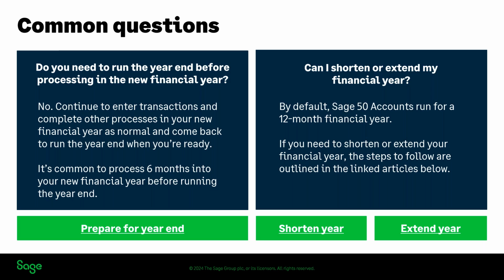So enter your transactions, enter invoices, create records, do sales orders, purchase orders, bank reconciliations, bank feeds, you name it, VAT returns as well for that matter. And also, if anyone runs the month-end option, you would continue with that as well. So you continue with all of those processes as normal. Nothing should change. You get the odd prompt here and there, which you can tick the box to say, right, don't give me this message anymore. I'm aware that I've gone into the new financial year. But other than that, you continue as normal